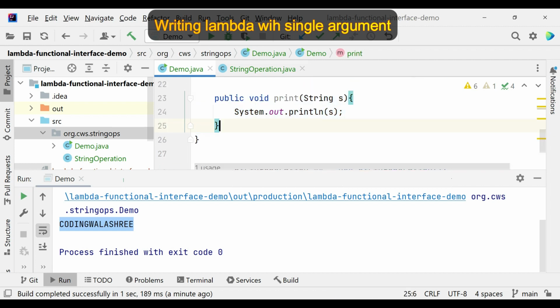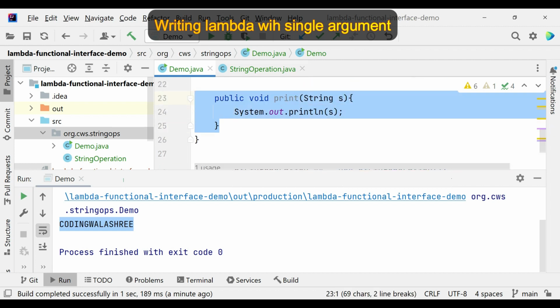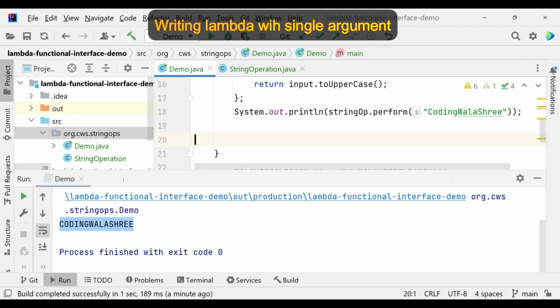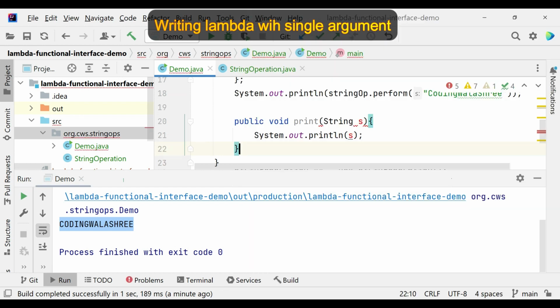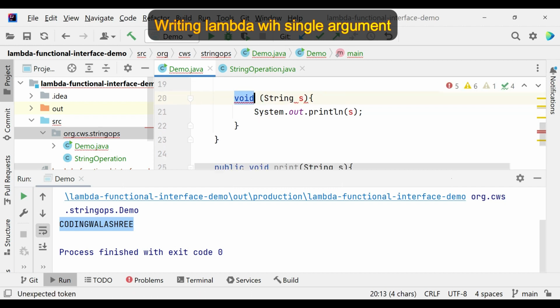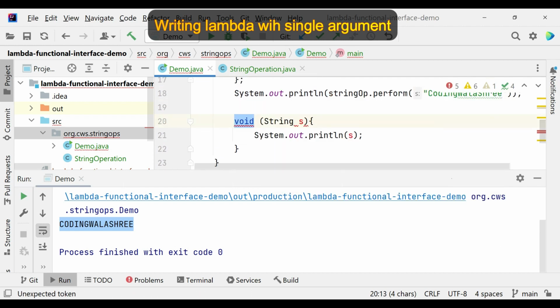We need to figure out what kind of lambda expression it would be. So let's first do the same practice. As we have seen, this is an access modifier, not required. Print is the name, required? No. Void is not required because it will figure out that this statement doesn't return anything,